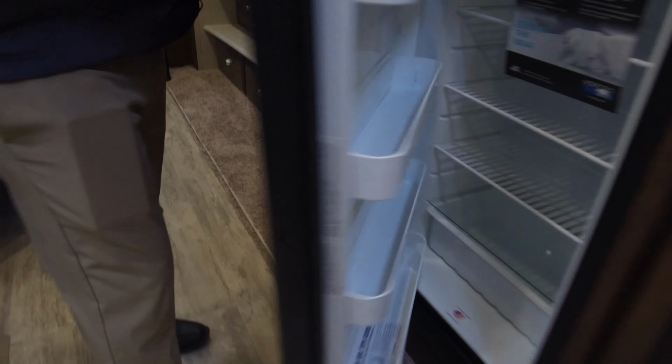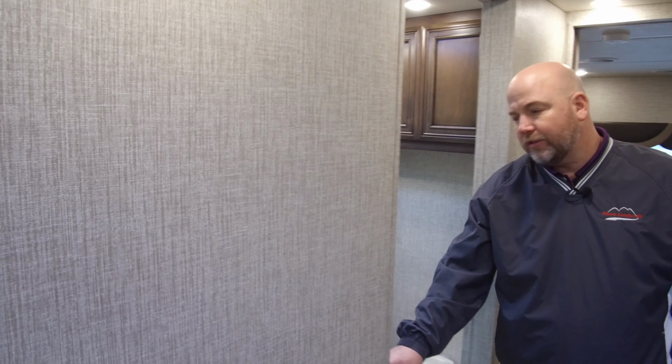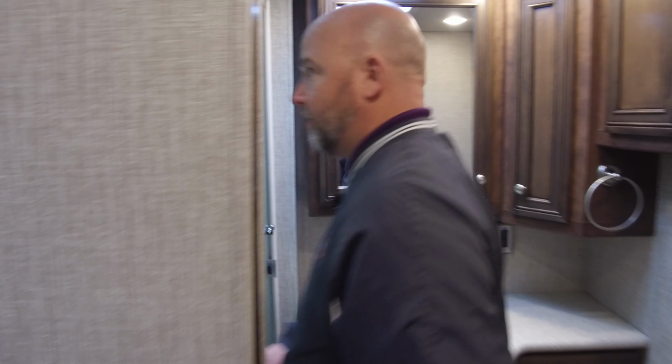All right, now bathroom, good sized bathroom for a small coach. I'm going to step right in. I'll get in the shower. Plenty of elbow room in here, plenty of height. That's what that skylight's there for. Good room in and around the toilet, and then